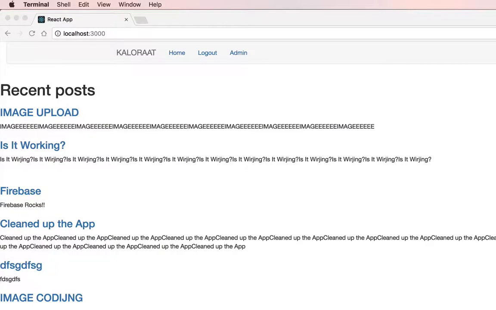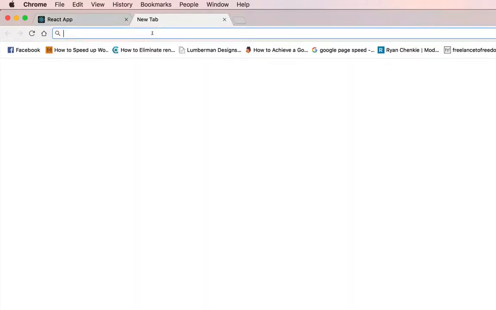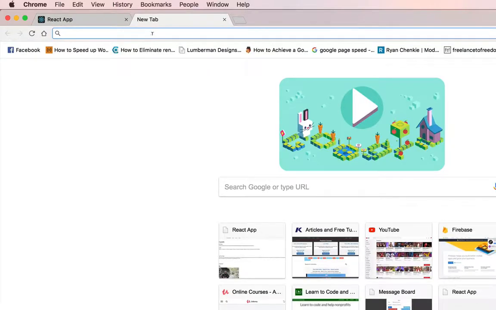Okay, so it's time for us to start working in our brand new project using React, Redux, and Firebase. All right, so let's begin by creating a React project first. The first thing I want to do is show you, I want to take you to